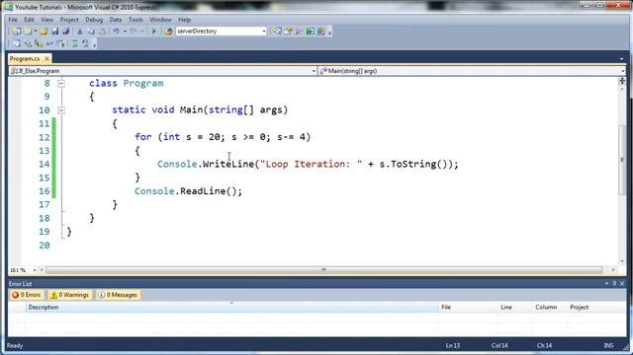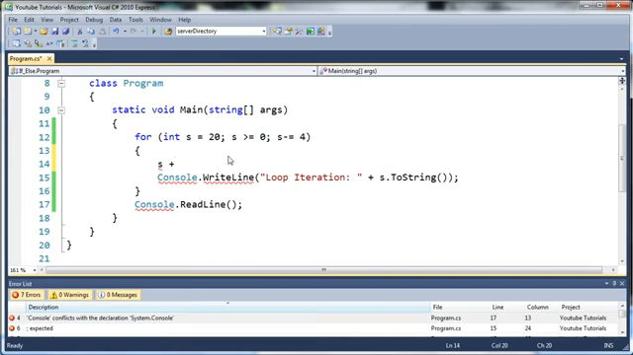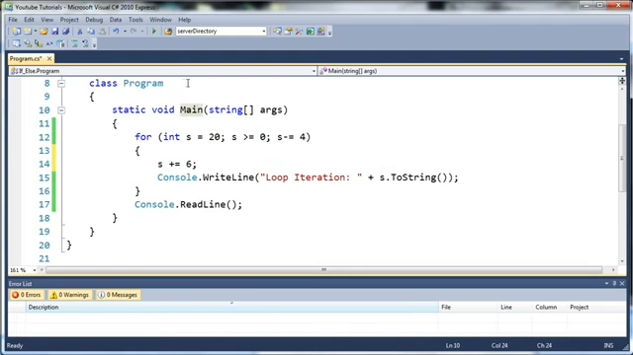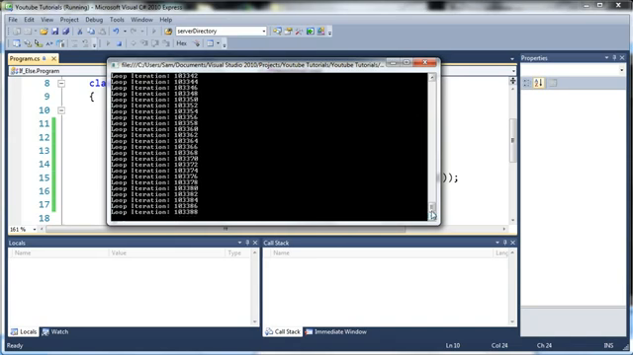And one more thing that I forgot. You can also modify your variable inside of the for loop itself. So we can say s plus equals 6. So each time it runs, it's going to add 6 to s, and that's really going to give us a crazy looking loop. So let's go ahead and run this and see what it looks like. And yeah, it definitely gave us a crazy looking loop. It gave us an infinite loop,